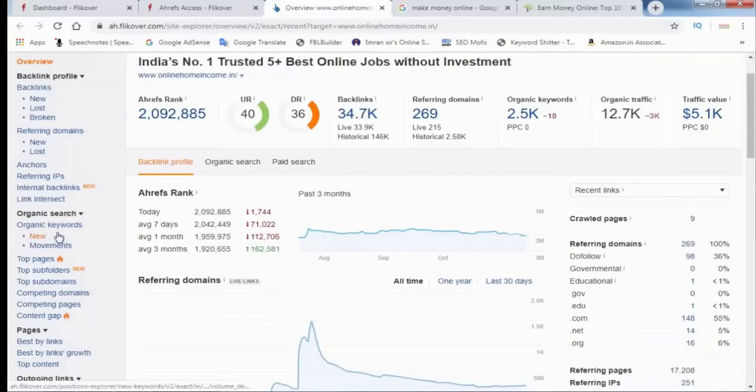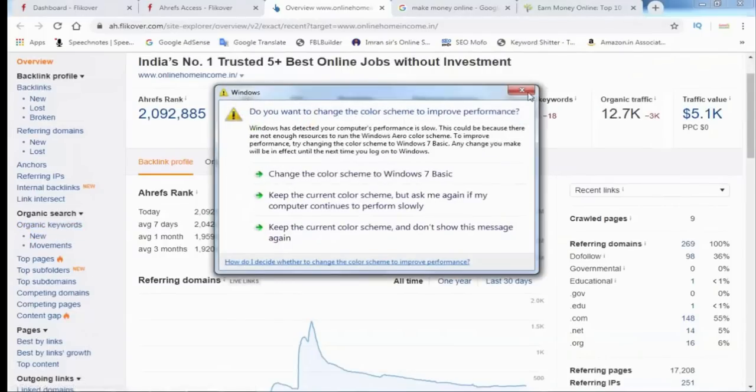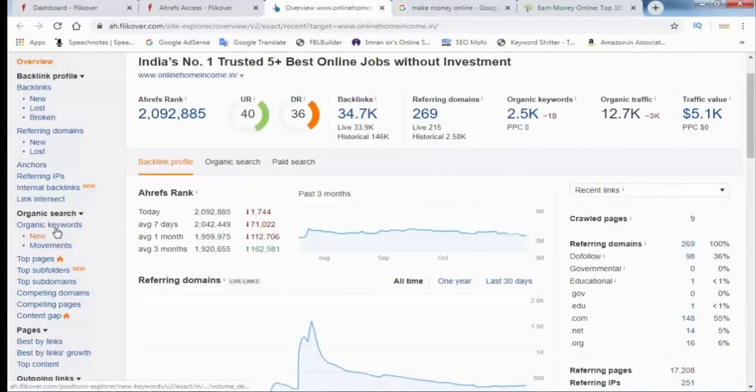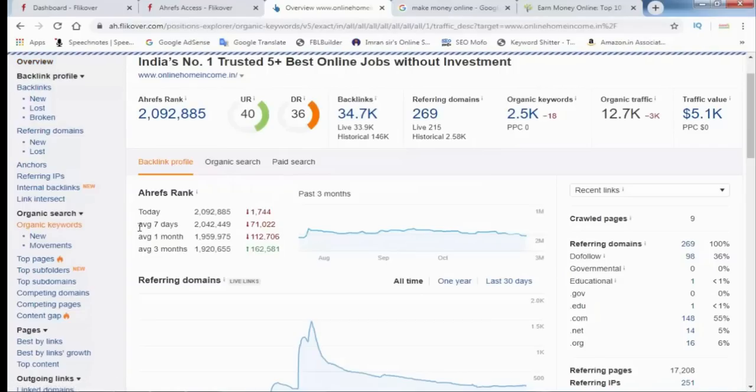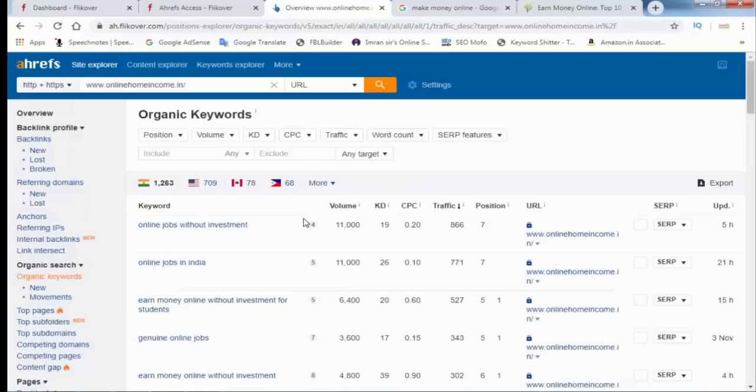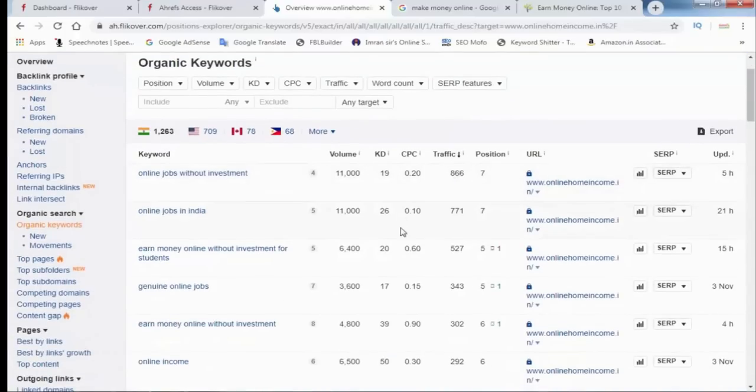Now we need to check the organic keywords and see which keywords are ranked on the first page. Here you can see online jobs without investment. This keyword from this website is at position 7. That means this keyword is ranked at position 7.